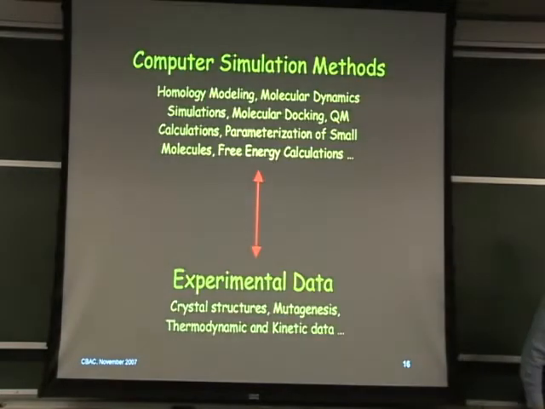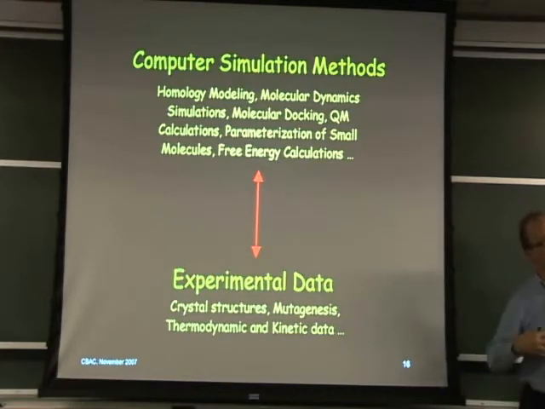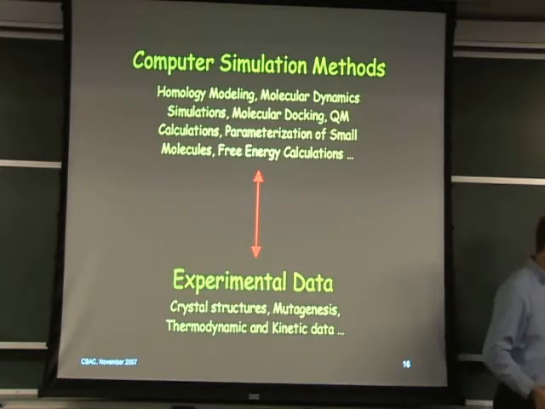Now, this is where we're going to step back a bit, and I'm going to introduce you first of all to the methodology that we're going to be talking about. So my lab functions purely in the dry lab regime. Okay, we use computational methods. We use a wide variety of methods, including molecular dynamics, which I'll talk quite a bit about today, homology modeling, small molecule docking, quantum calculations, and so on. But we work in close consort with experimentalists, this is Raman, who give us details on mutagenesis, perhaps thermodynamic and kinetic data, and so on. And I'd like to say it's a symbiotic relationship, certainly a two-way contribution.